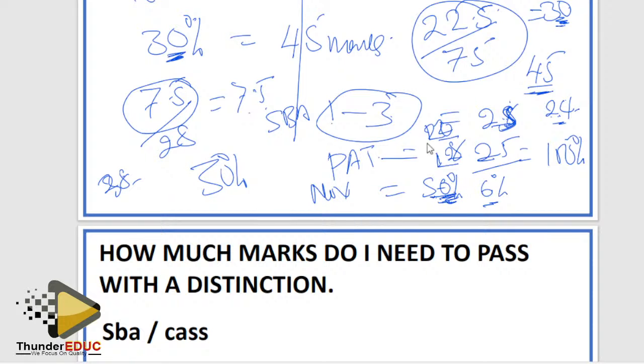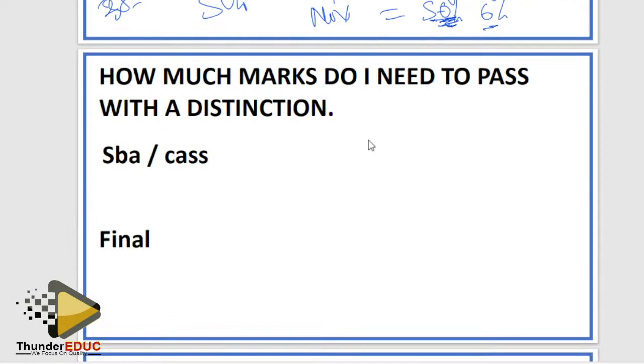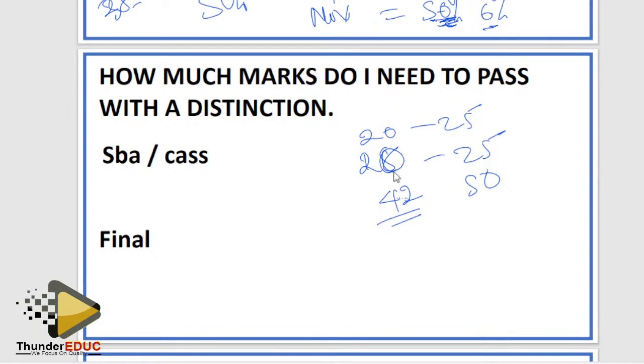It means that now if I got for exams which have parts, for example, the first part 20 out of 25, and the other one 18 out of 25, and then the final exam which is out of 50, then automatically I'll need a 42 so that I can score a distinction. If you can't get 42 here, you have to keep on distributing. If I make this one 20 out of 25, then automatically here I'll need a 40. If I got 22 here, then here I will need 38. It keeps on reducing.